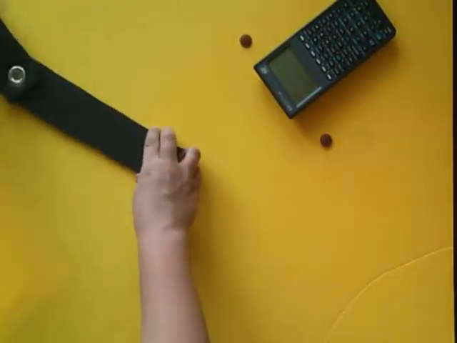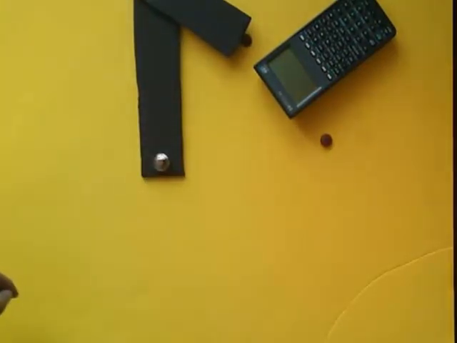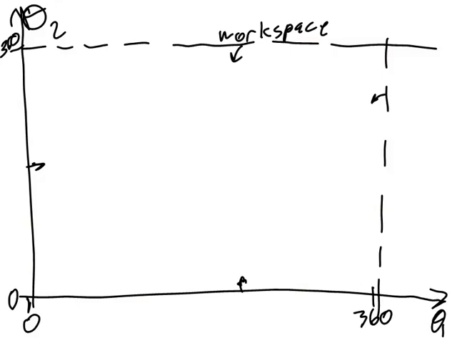I then find the angles theta 1, theta 2 that place the end effector at the end location, also using inverse kinematics, and I'll mark those points on my configuration space. Using my inverse kinematics, I find out that the start point is at theta 1 equals 310 and theta 2 equals 110. There is my start point